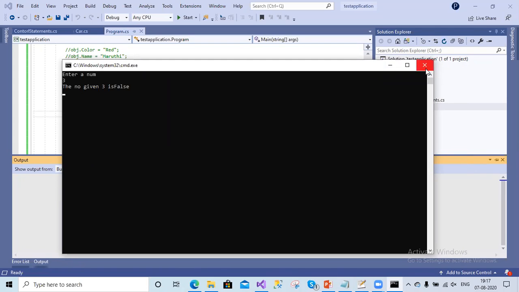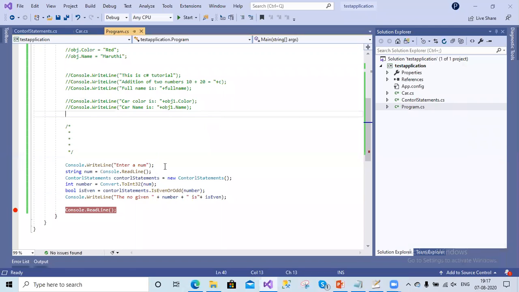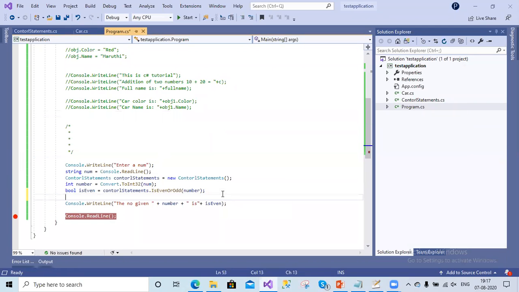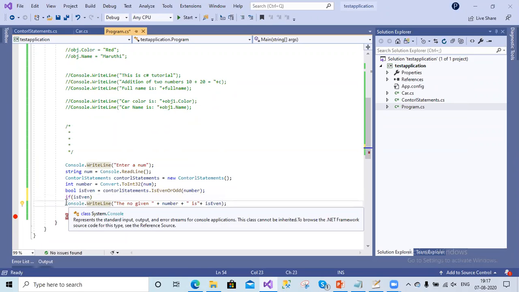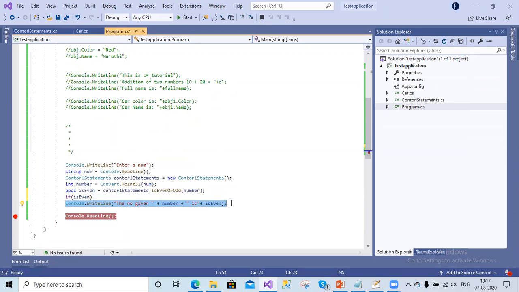In order to display the relevant message, whether it's true or false, we can use an if condition here. Let us write an if condition, and we have to pass isEven inside that. Inside the if condition, if you are writing only one statement, then there is no need to give the curly brackets open and close.